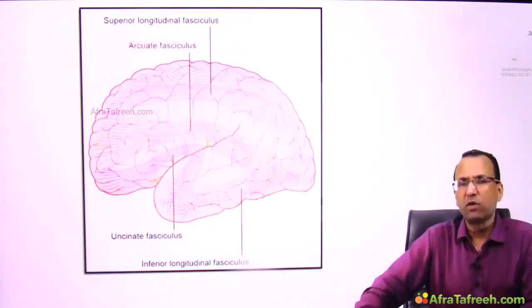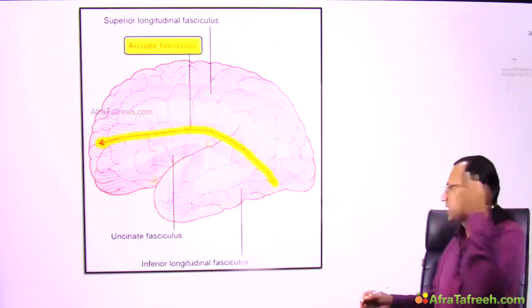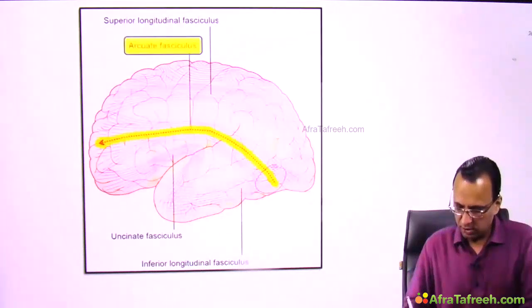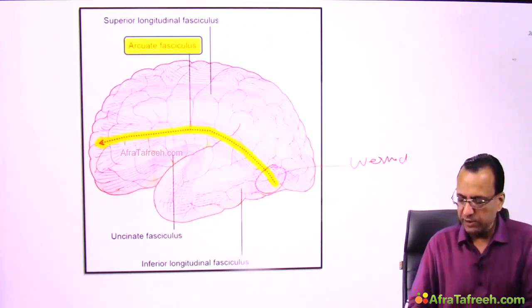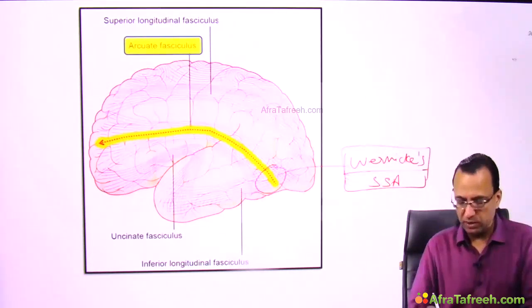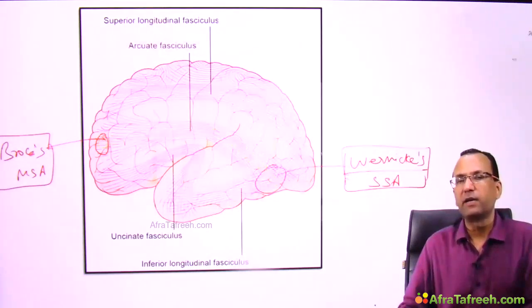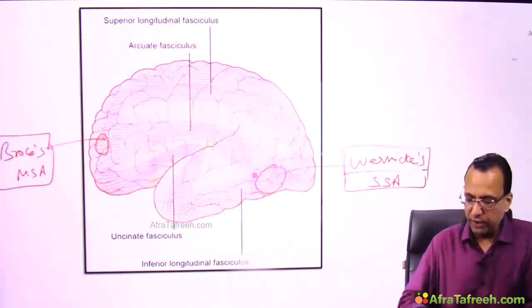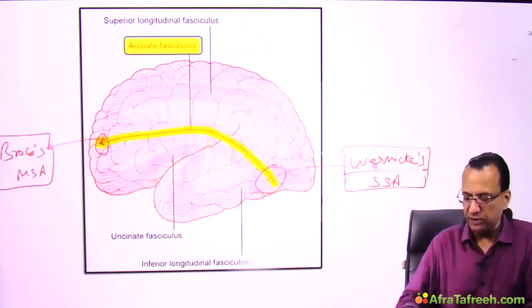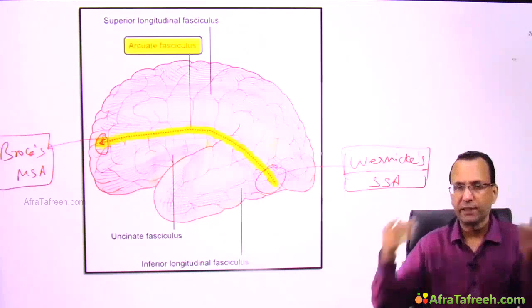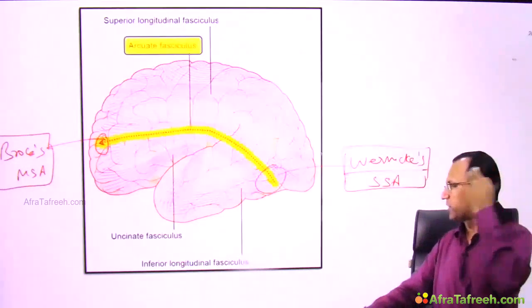Now, I want to talk more about the association fibers. One of the association fibers is arcuate fasciculus, seen on the left side of the cerebrum, connecting the language areas. Which language areas is it connecting? The Wernicke's sensory speech area, it is connecting with what? With the Broca's motor speech area. So we are telling that there is some arcuate fasciculus, a bundle of axons, which are connecting the left-sided component of the brain, which is Wernicke's sensory speech area, with the Broca's motor speech area. This is some association fiber. Yes, because it is on the same side of the brain. Do not cross the midline.